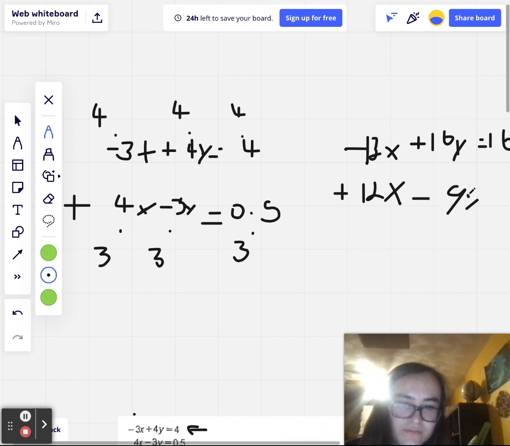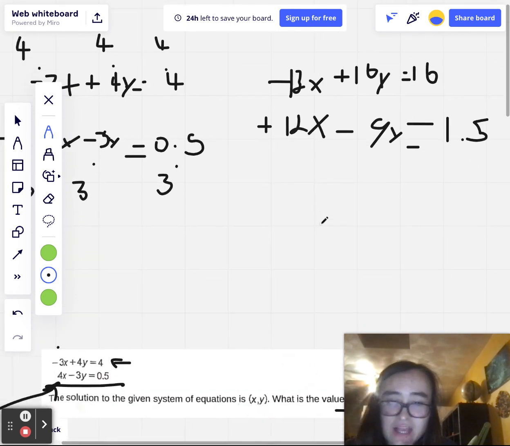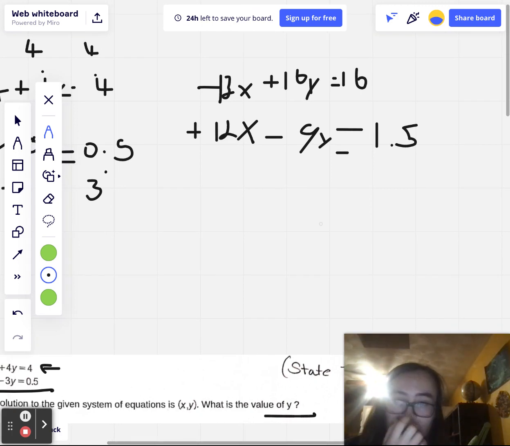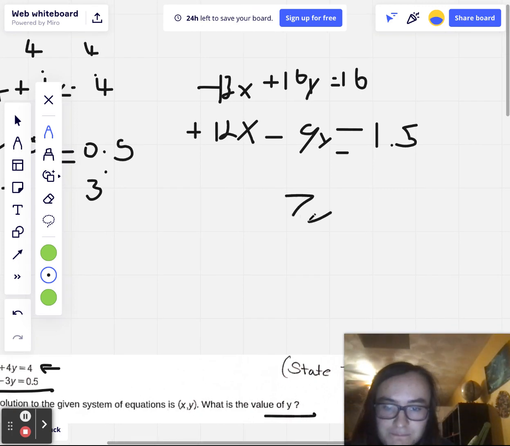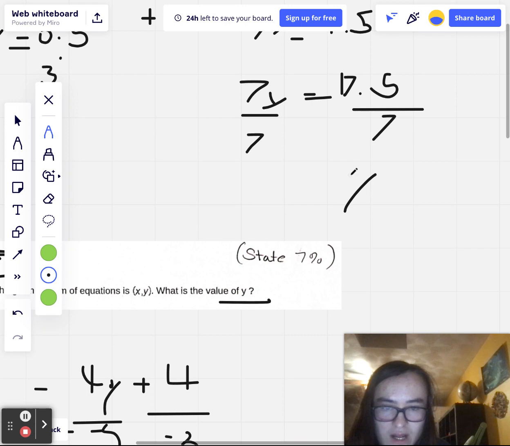And then just finishing up, this is 9y, and then 1.5. And so when we add these both together, what you'll end up with is 7y equals 17.5. And then when 7 is divided from both sides, y will equal 2.5. And again,